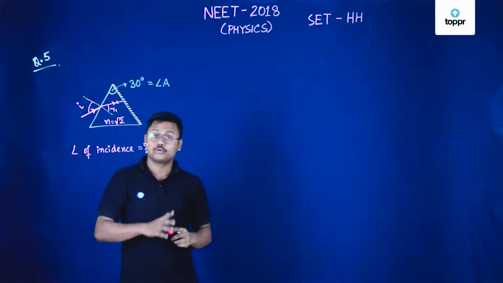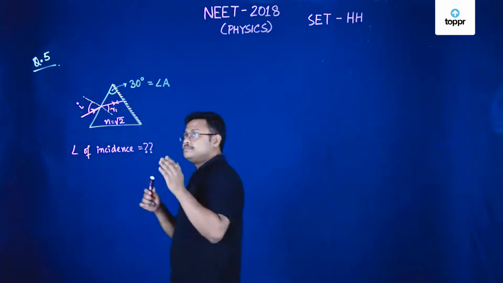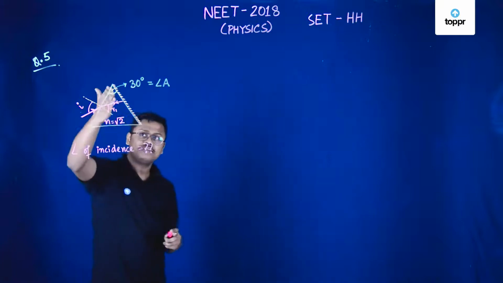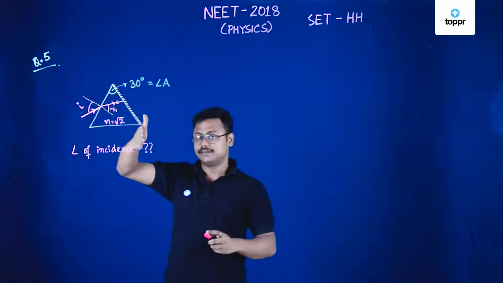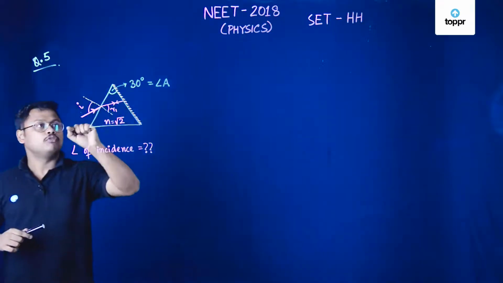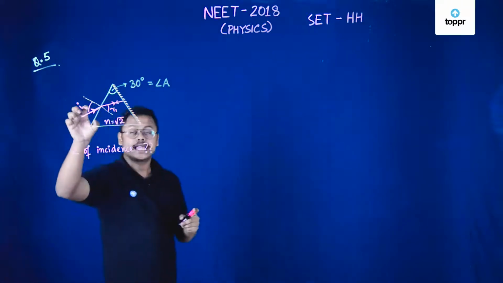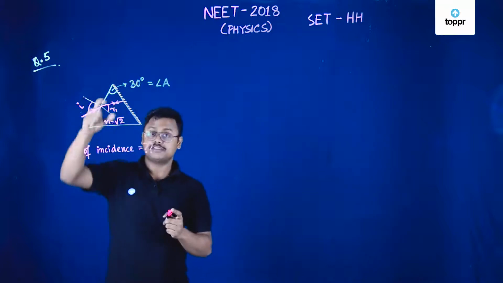Now we will solve question number 5. In this particular question, it has been said there is a prism of angle of prism equal to 30 degrees, and one of the refracting sides is mirrored by polishing it outside. A ray of light is incident at this particular point. Let us say this is my angle of incidence